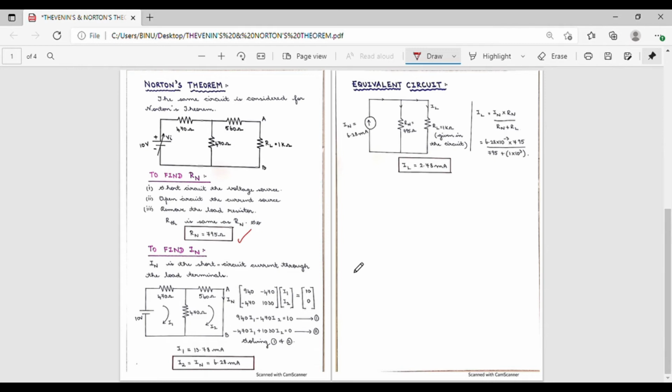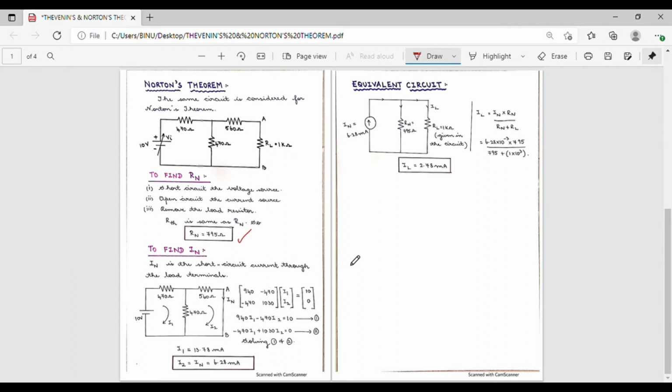As we know, current will flow through the closed circuit. We have two closed paths and I am naming them loop 1 and loop 2. Let us assume the current flowing through loop 1 in the clockwise direction to be I1 and the current flowing in loop 2 in the clockwise direction as I2. You can either apply KVL or Cramer's rule in order to simplify the circuit and find the value of current flowing through the loops.